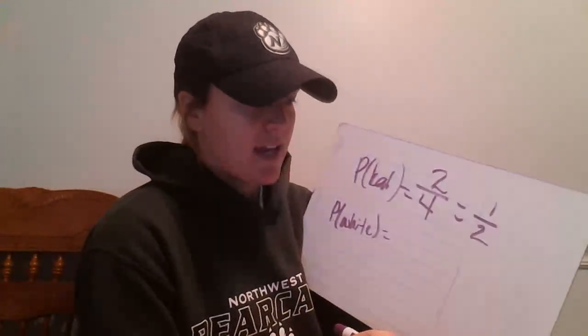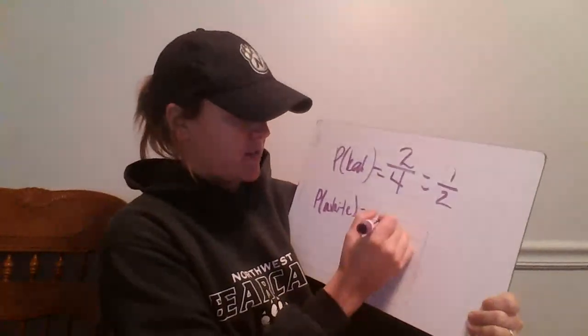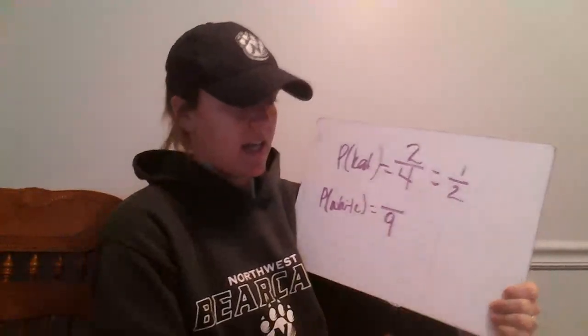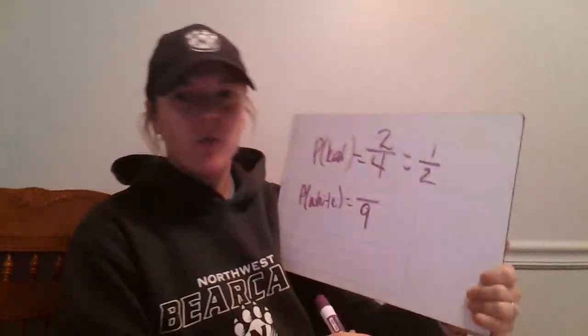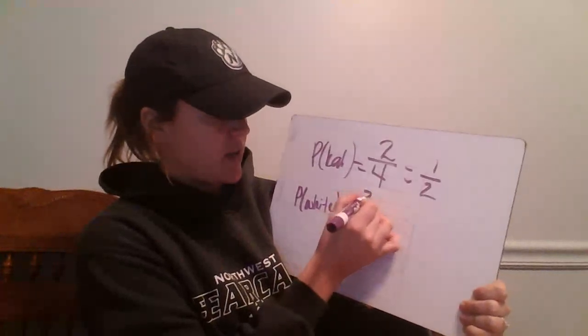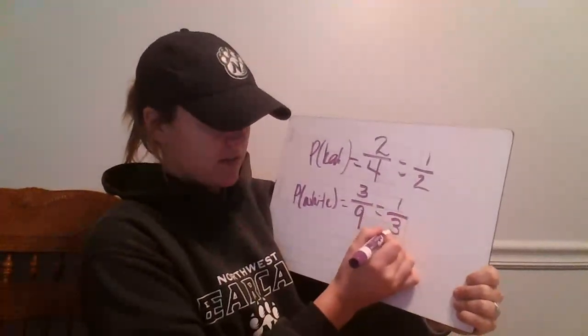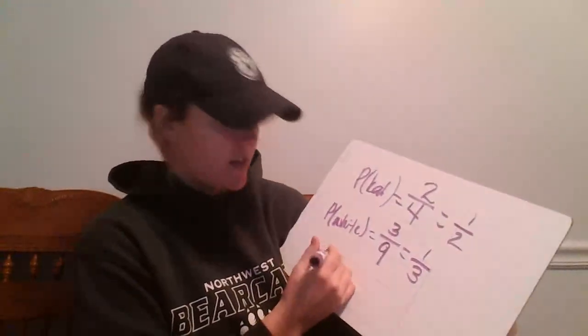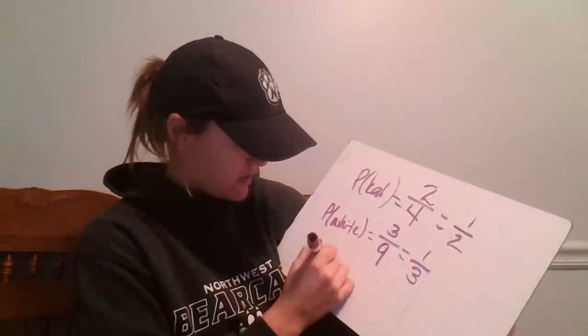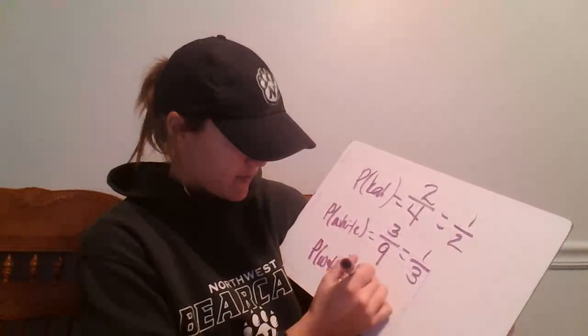Okay, so he had 10 different shirts, but he wore one, so now he's down to 9. And he had 4 different white shirts. Now he's down to 3 because he wore that one. 3 over 9 reduces down to 1/3. And we need to find the probability of khaki and white, which means I'm going